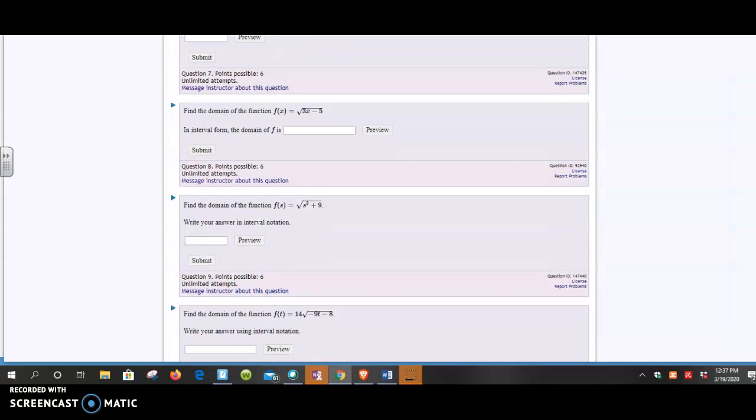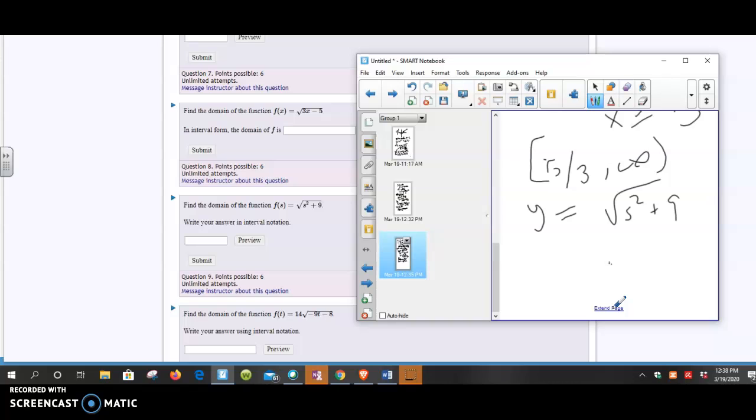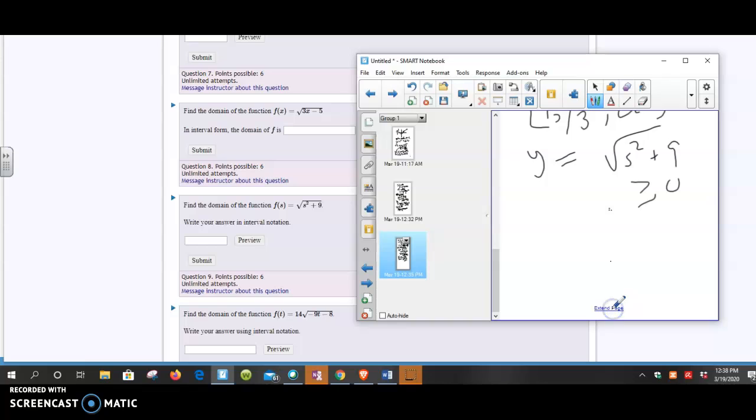Moving on up, as they say in The Jeffersons. All right, y equals the square root of s squared plus 9. So again, this has to be greater than or equal to 0. Square root is one of the two cases where our domains can be limited. So we're going to have s squared plus 9 has to be greater than or equal to 0. So that means s squared has to be greater than or equal to -9. Well, that's pretty much going to be anything because when you square it, it's going to be positive,